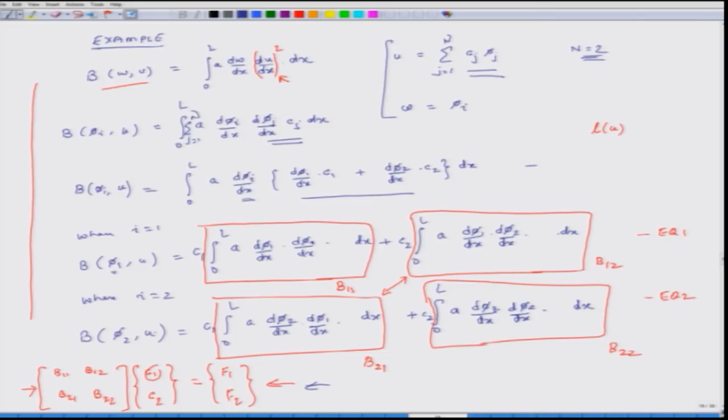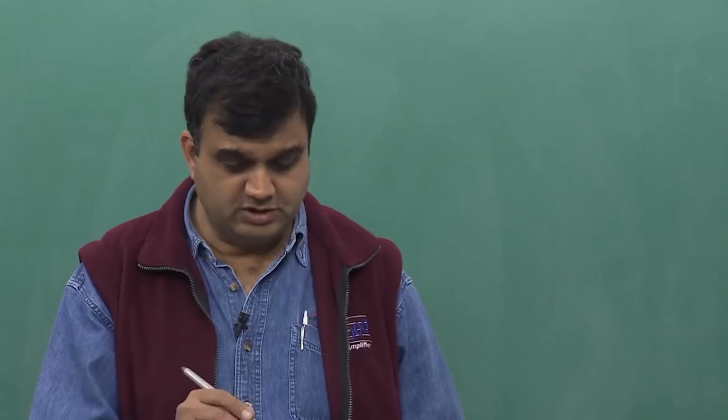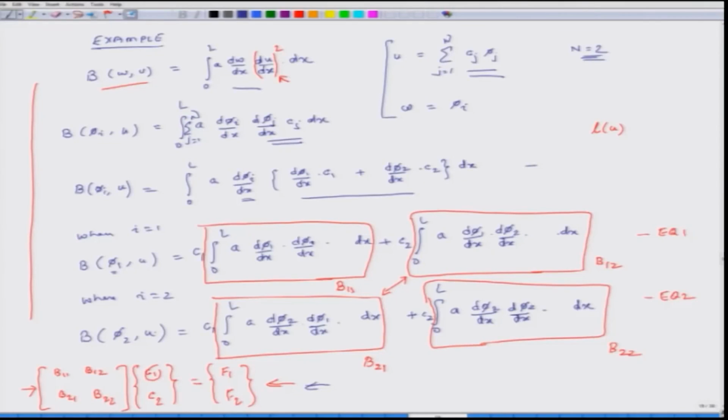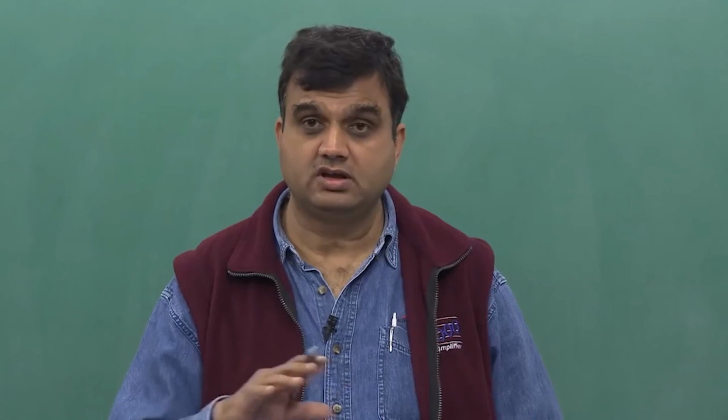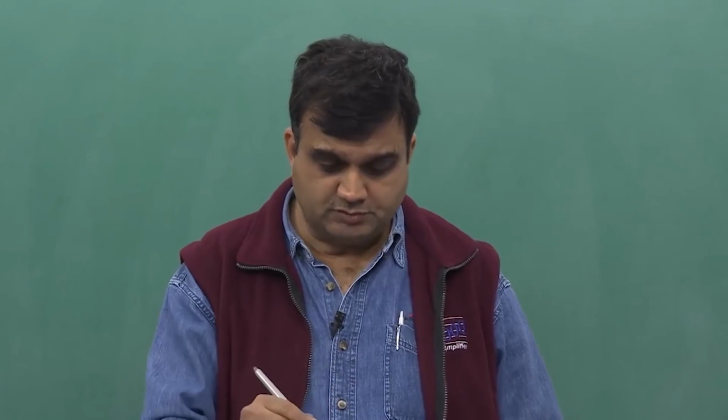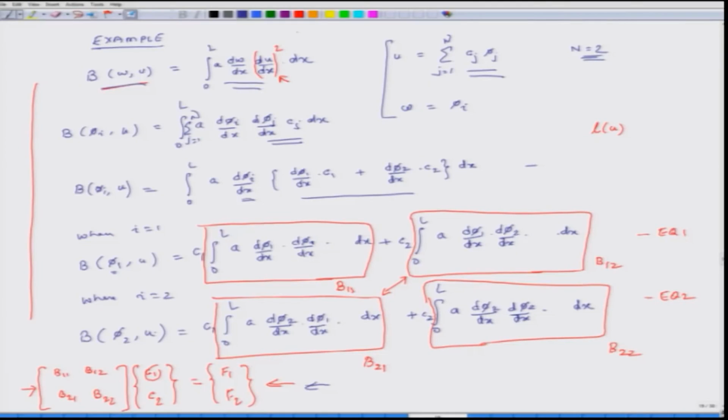These equations will not be linear, and neither will they be symmetric. They are symmetric because B is symmetric, and these equations are linear because B is bilinear. If they are linear equations, they are very easy to solve. If they are non-linear, then it is a much tougher problem. So, at least in the context of the discussion we will be having in this course, we will be only solving linear problems.